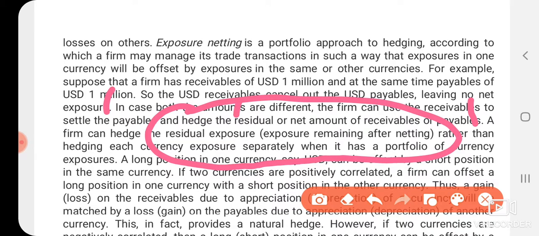Here residual exposure is nothing but one of the residual risks. It means the amount of risk or danger associated with an action or event, remaining